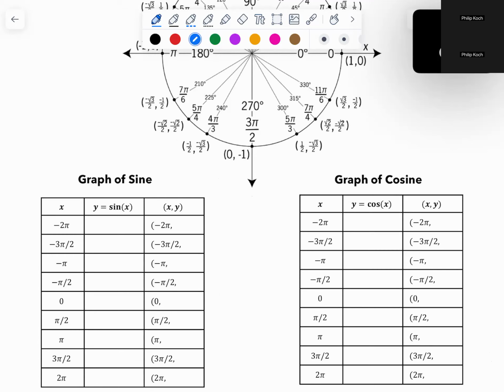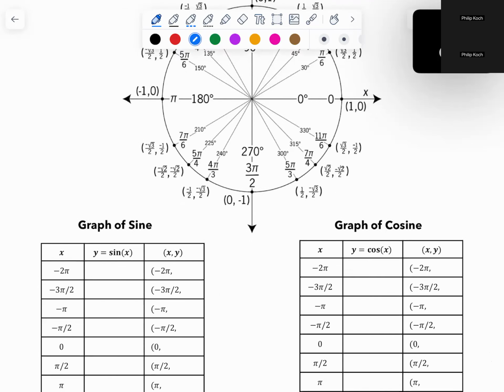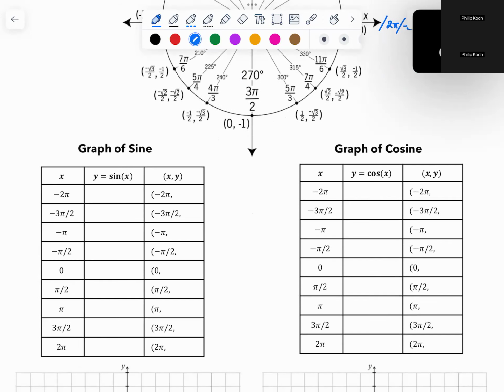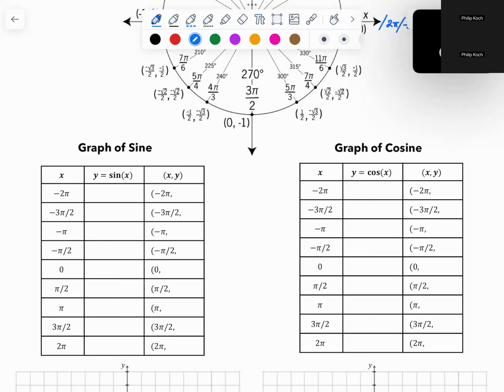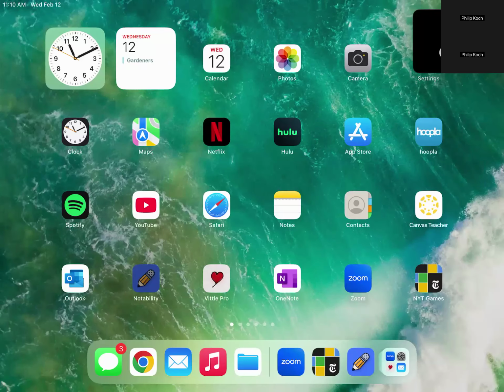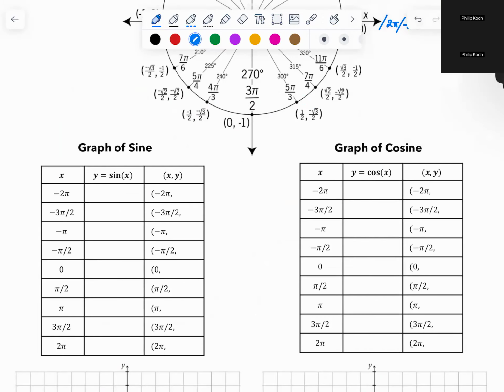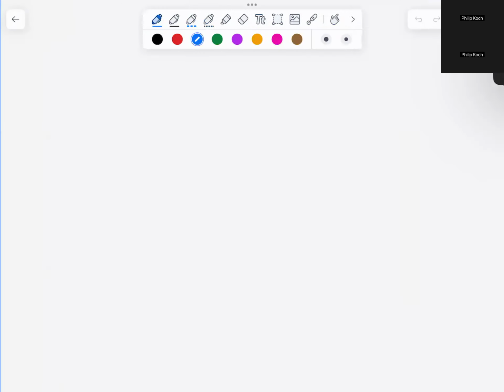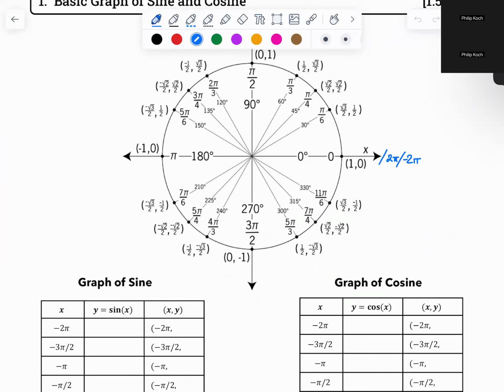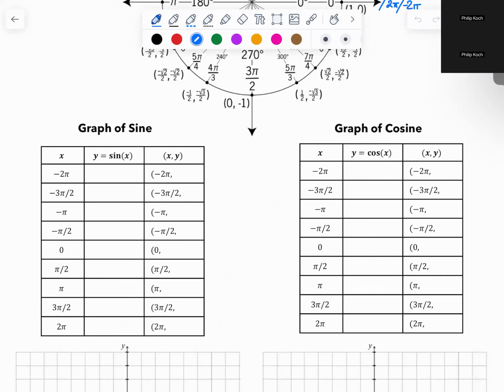So at -2 pi, remember this is 0 degrees, 2 pi, -2 pi and so on. So at -2 pi, and this thing is starting to wig out, so I'm going to have to shut it down. I think I've got too many files on this. I need to wipe out some of the stuff. Either way, it doesn't like how many PDFs I've uploaded. So sine of -2 pi would be 0.